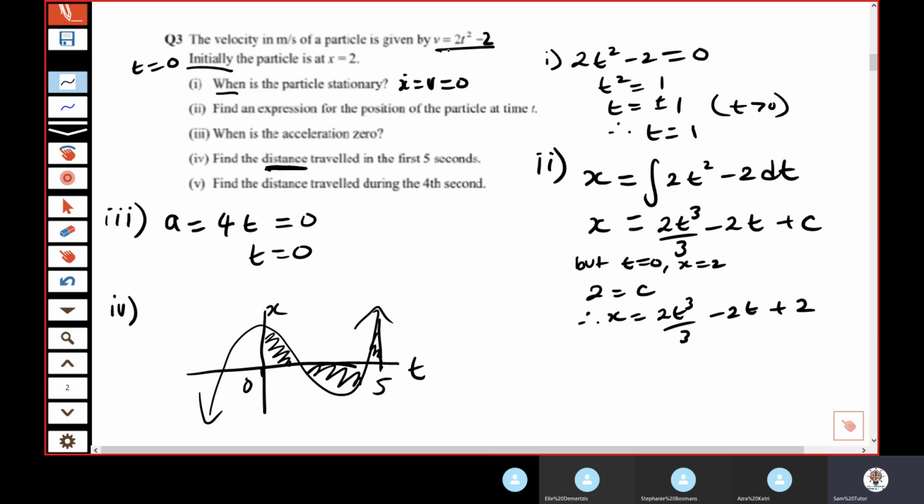So the way to do distance properly is you're going to integrate your velocity still, right? Because you want to find x. So you're still integrating velocity. But the logic is it's got to be from